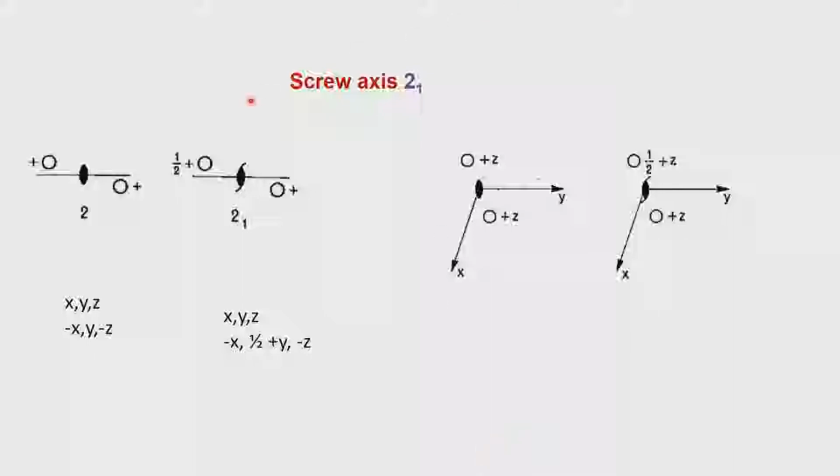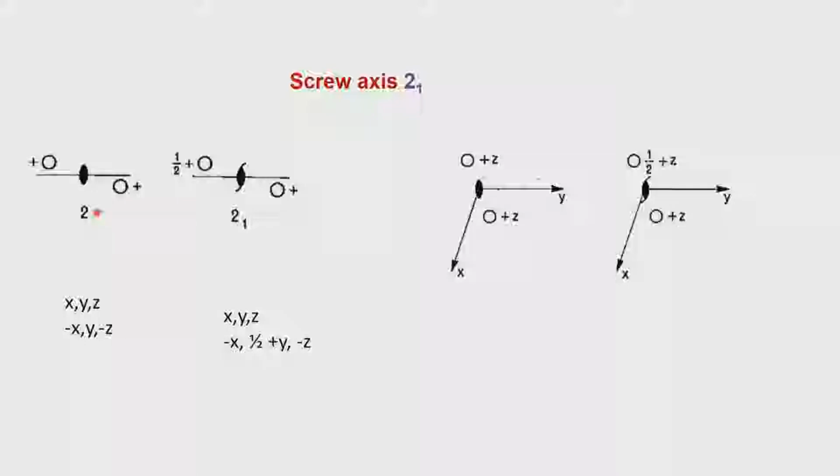Let us take for example the twofold symmetry, which we are all very familiar with now. If this is the point x, y, z, it undergoes a 180-degree rotation. Suppose the twofold axis is along the unique axis being y or b, then we will have this as minus x, y, minus z. We pronounce it as x bar, y, z bar. So we have x, y, z and x bar, y, z bar related by these two operations, and then it comes back again. So it is a point group 2.